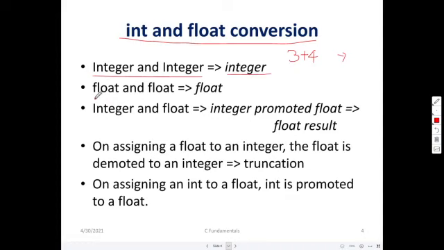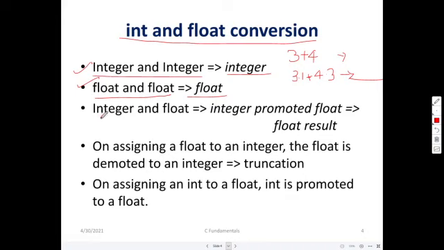Naturally, suppose two float constants are there. When you do an arithmetic operation with two float constants, then we will get a float value as the output. Suppose it is 3.1 plus 4.3. 3.1 is a float constant, 4.3 is another float constant, then we will get the result as a float. So as for these two, it is very clear. There is no doubt about it. Everybody can accept it, and it is very basic.